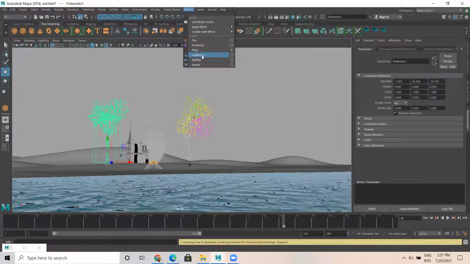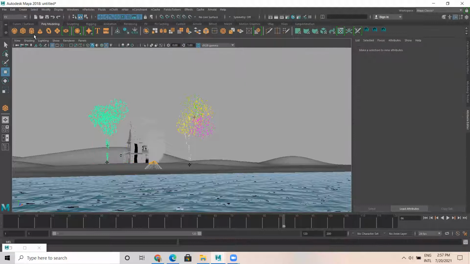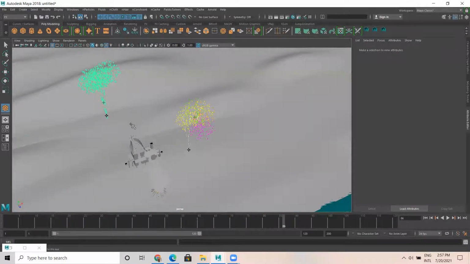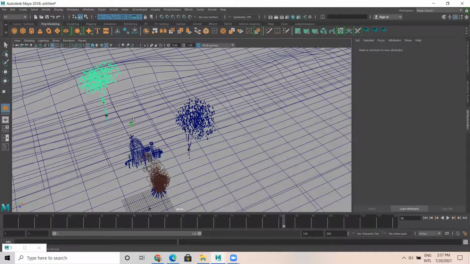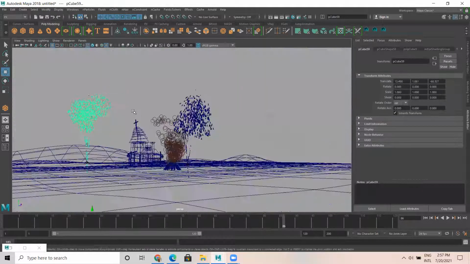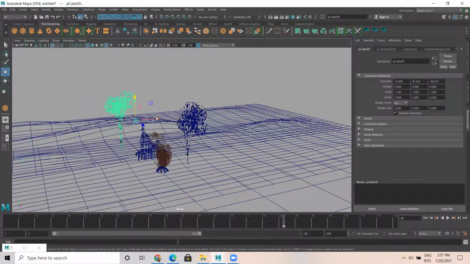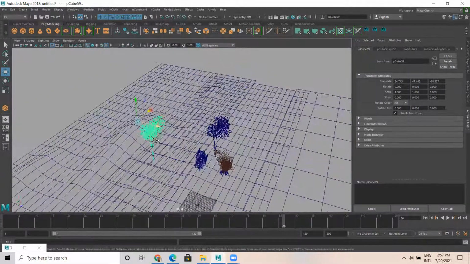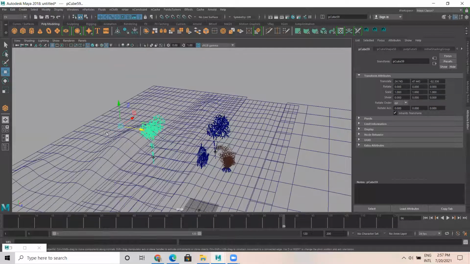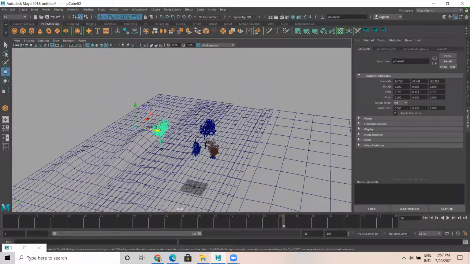There's another thing called lightning. I'll be creating a simple box here. So I'm just having this box here. And I duplicate this.